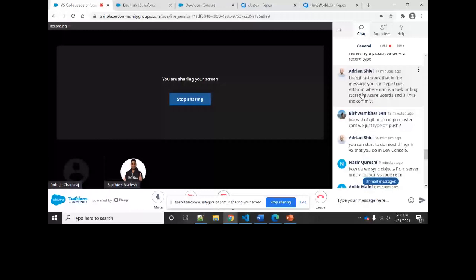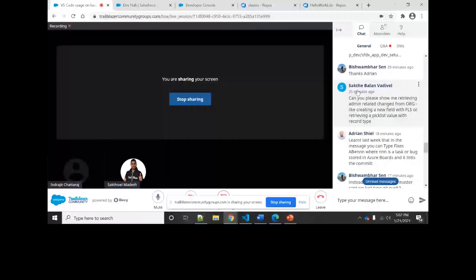Yeah. So can you please show me retrieving admin related changes from the org, like creating a new field with FLS or retrieving picklist values with record type? Yeah, Shakti, obviously we can do that. What we have to do, as I showed in the beginning, say for example you have any picklist or any record type, at that time we have to specify or customize the